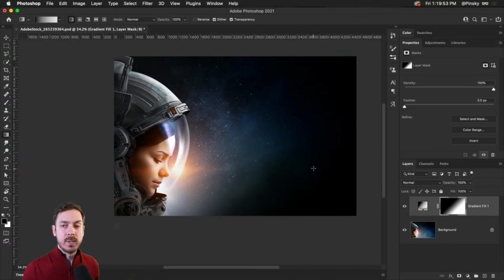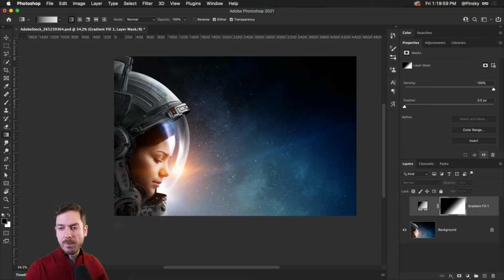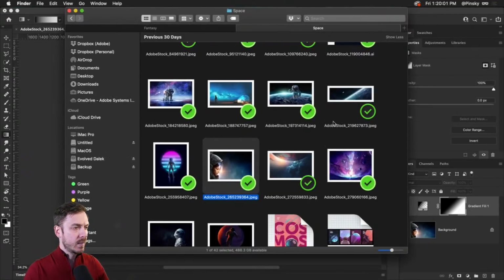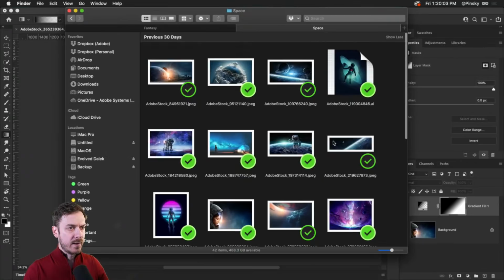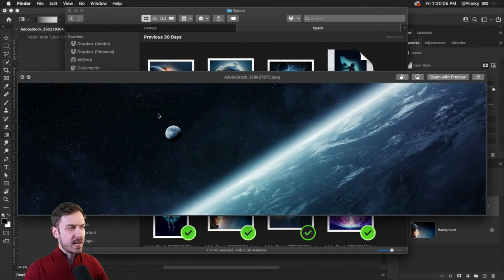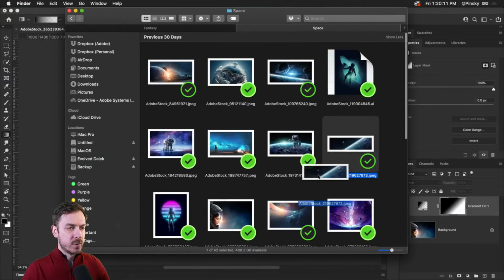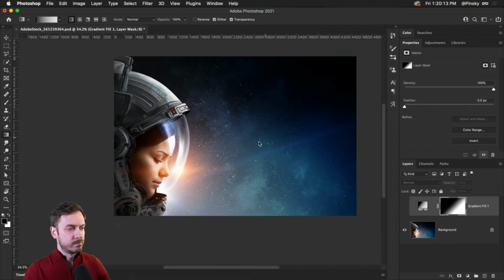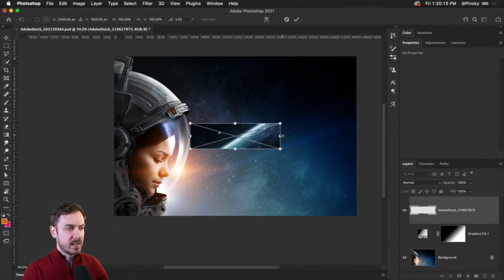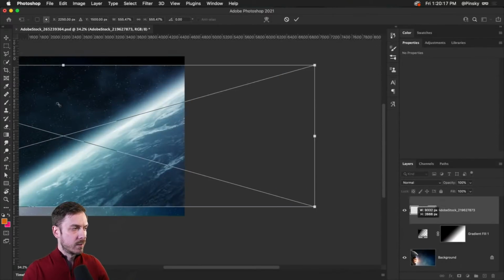One other thing we can do, because we're in Photoshop, is we can start compositing different images. So let me hide this for a moment. I'm going to hop back over to Finder, and we have this image over here, which does contain this moon at the top left-hand corner, which I might want to pull into this photo, right? So I'm going to drag this directly in, and let's give it a second. I'm going to make it nice and large.